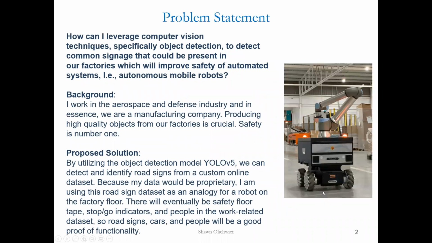So to start us off, the problem statement that I'm looking to solve here is how can I leverage computer vision techniques, specifically object detection, to detect common signage that can be present in our factories, which will lead to improved safety of our automated systems, right? And in this case, as you can see in the picture here, something akin to an AMR or an autonomous